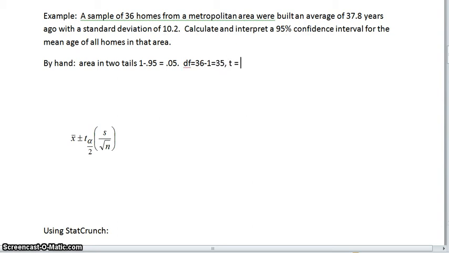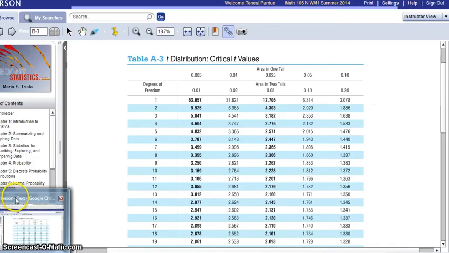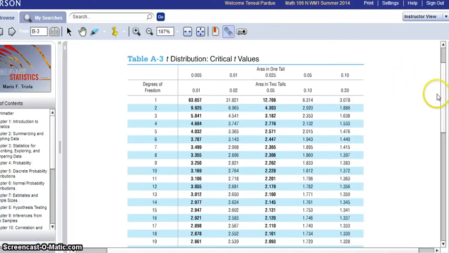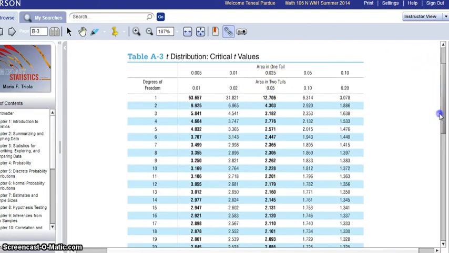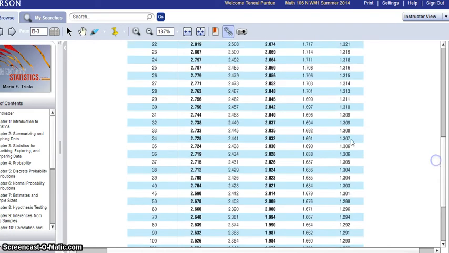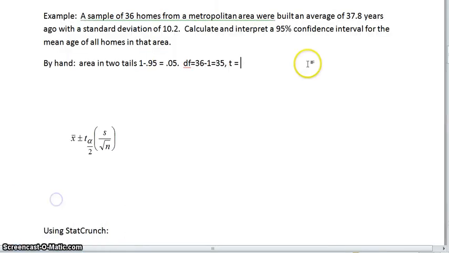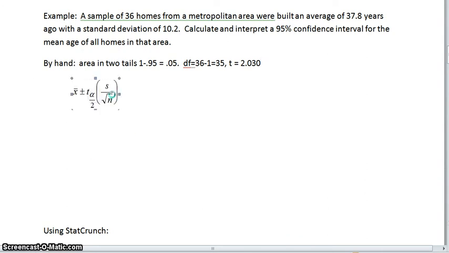So let's go to our t-table. So we want the area in two tails to be 0.05, so that's this column right here, and we're going down to 35 degrees of freedom. So 35 degrees of freedom in this middle column is 2.030. Okay, so now plugging in here,